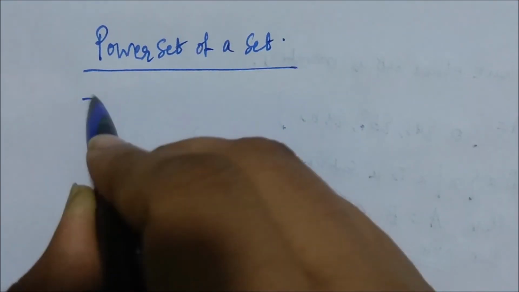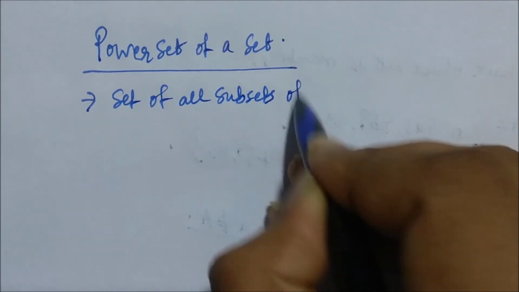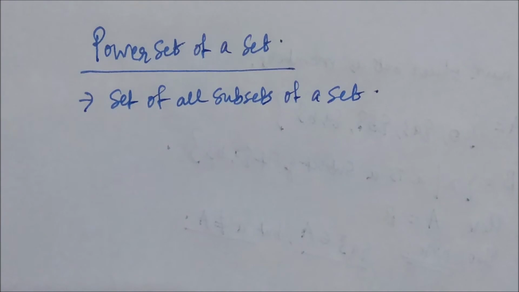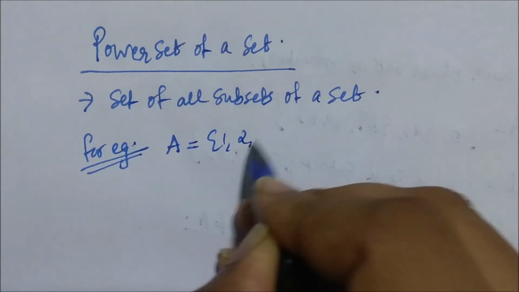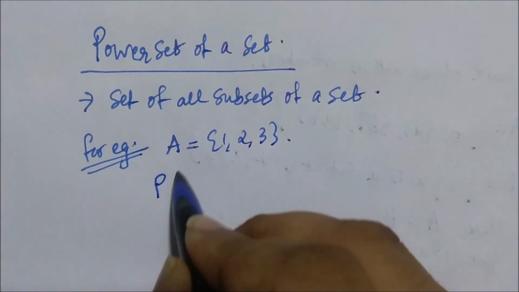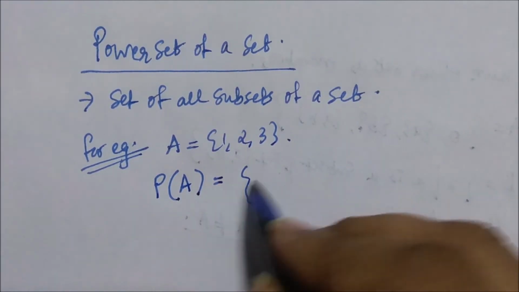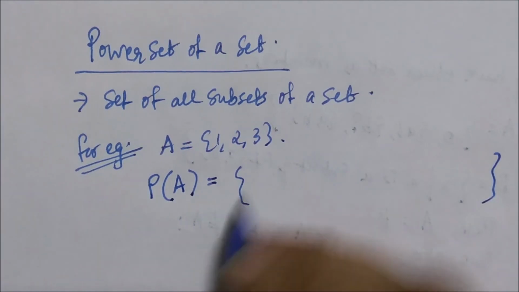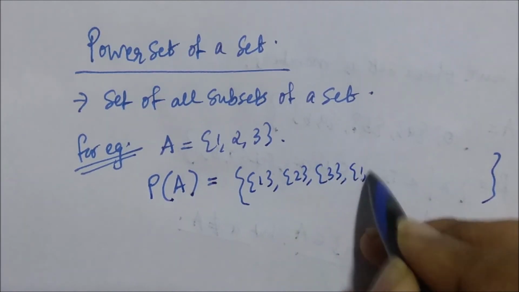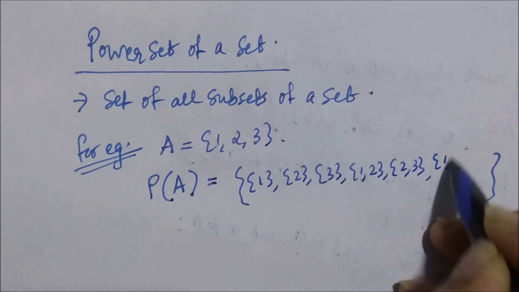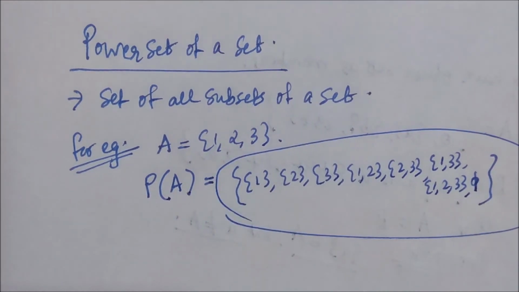So what do you mean by a power set for a set? The set of all the subsets of a set, you consider that set, and that set is nothing but the power set. Okay. So for example, consider a set A which is having elements 1, 2 and 3. So A equal to {1, 2, 3}. That's the set. Now what is the power set of A? P of A. Power set of A is a set of all subsets of the set A. Now what are the subsets of the set A? Set A has {1} as its subset, {2}, {3}, {1, 2}, {2, 3}, {1, 3}, {1, 2, 3} and phi. So they are the subsets of the set A, and you represent that within a set.